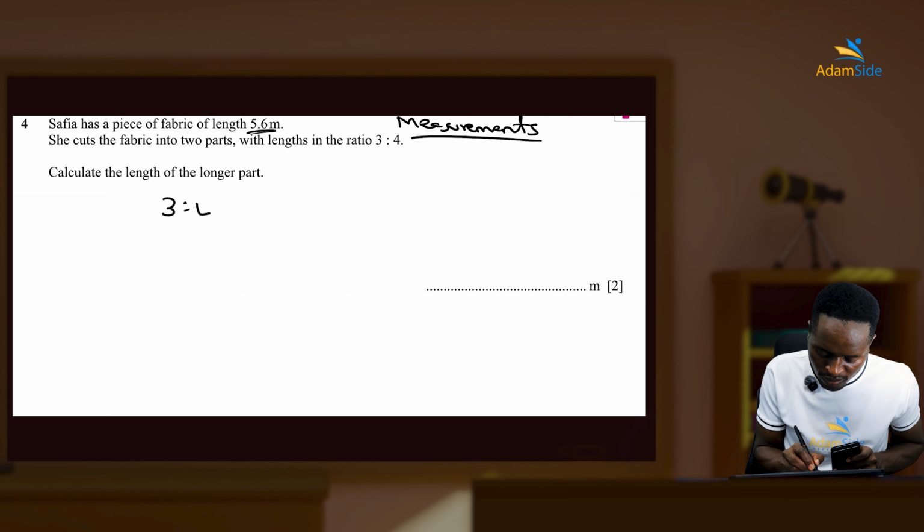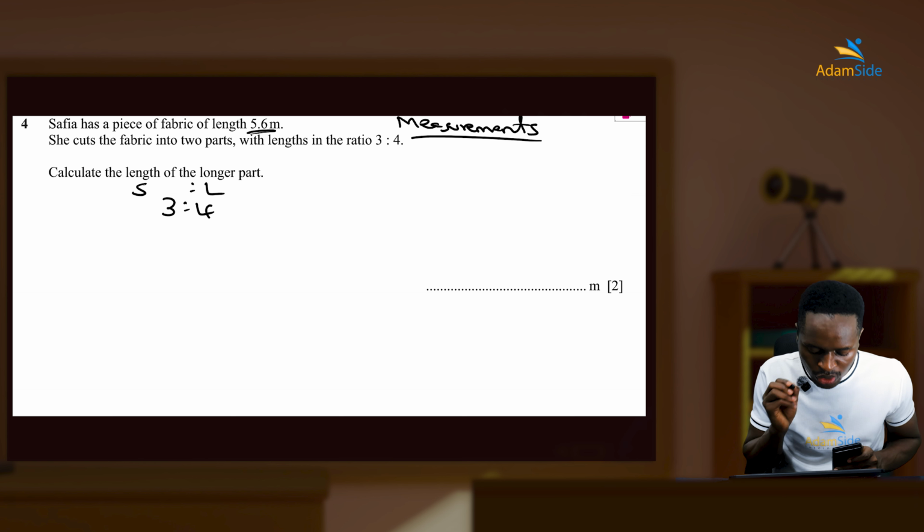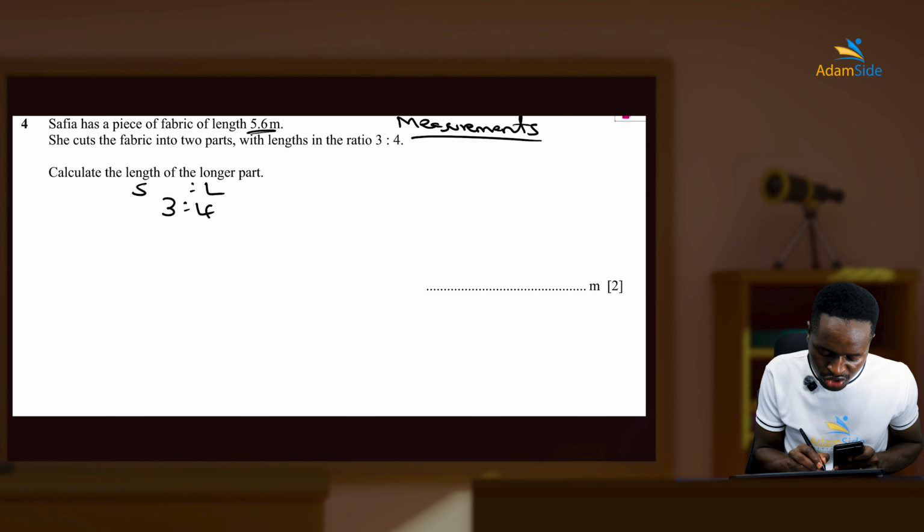So we have 3 to 4. Obviously, this one will be the shorter length, and then this will be the longer length. And then we say total ratio. Total ratio is 3 plus 4, which you get 7. The fraction of the longer length will be